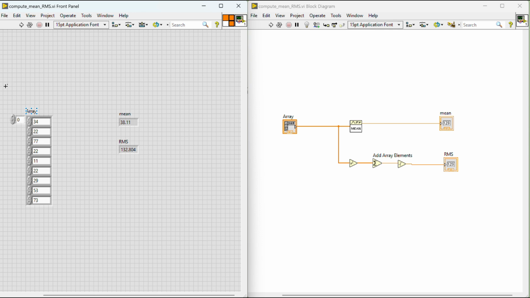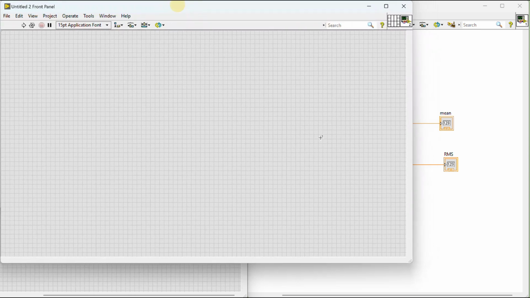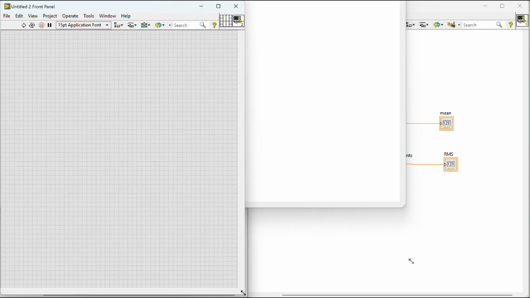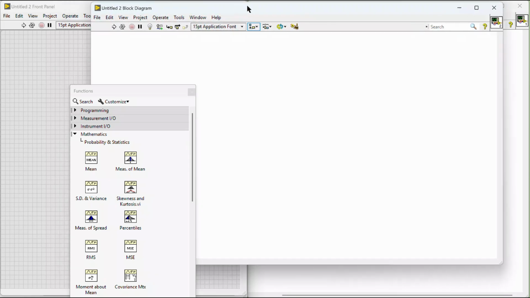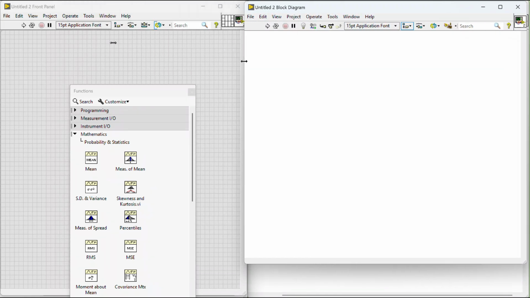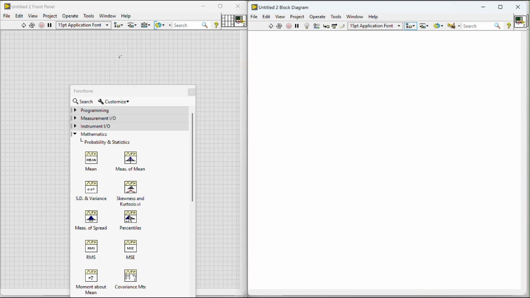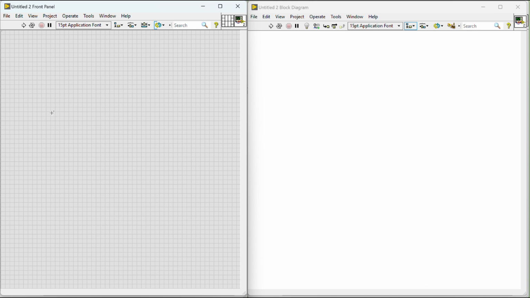Okay, now let's open a new VI. I open up the new VI because I want to use the sub VI from my program here. So this is a new VI. We already created the sub VI, but let me show you how to utilize the sub VI from another